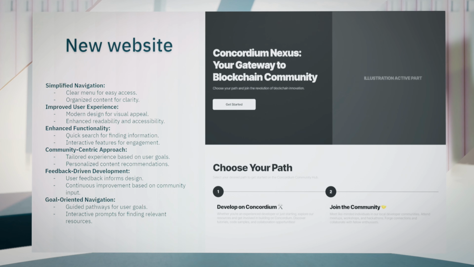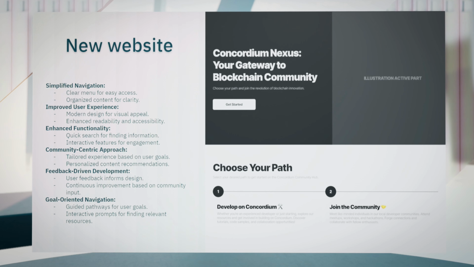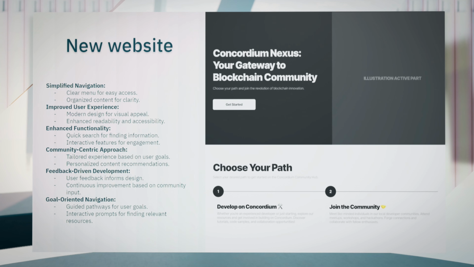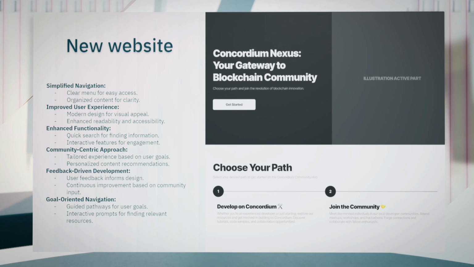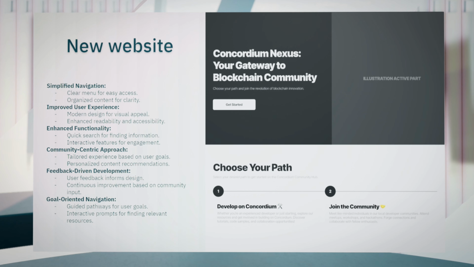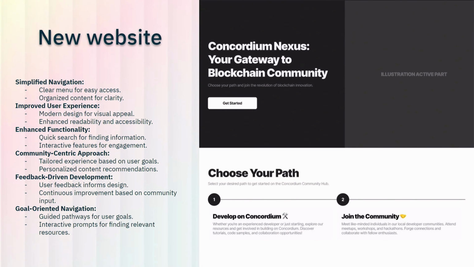and be community oriented. So I wanted to start by asking simple questions like, what do you want to do with Concordium? Do you want to just straight develop and build on Concordium? We're going to create a path for you that's going to be smooth. It's like, okay, there is the documentation, this is what you're supposed to install, and you can go and build right away. But if you're less technical, or maybe you want to just get to know more, go to the community path, where you can do your research, check the articles, check the newest meetups that are coming up. So the whole idea is to follow those different paths that will split at the start, and with that we want to make it very easy for you to navigate the rest